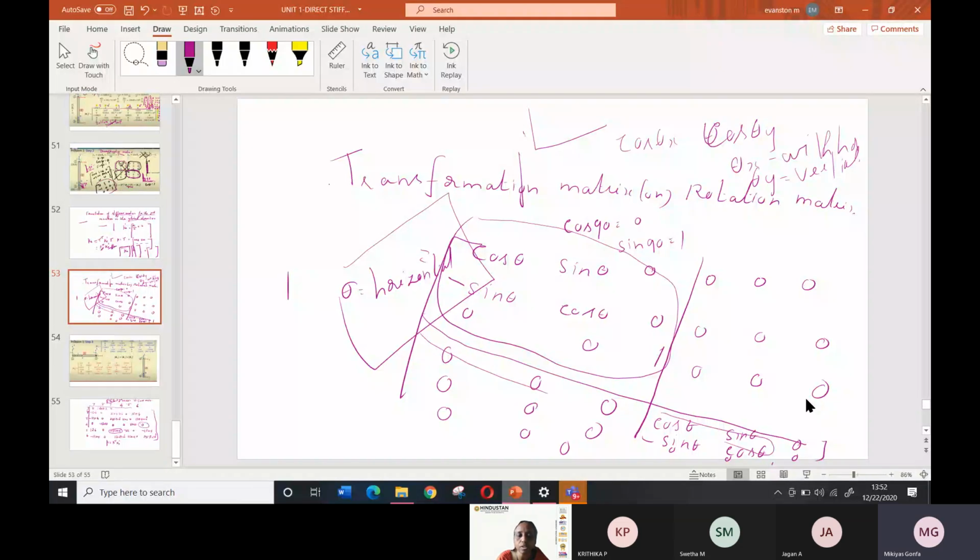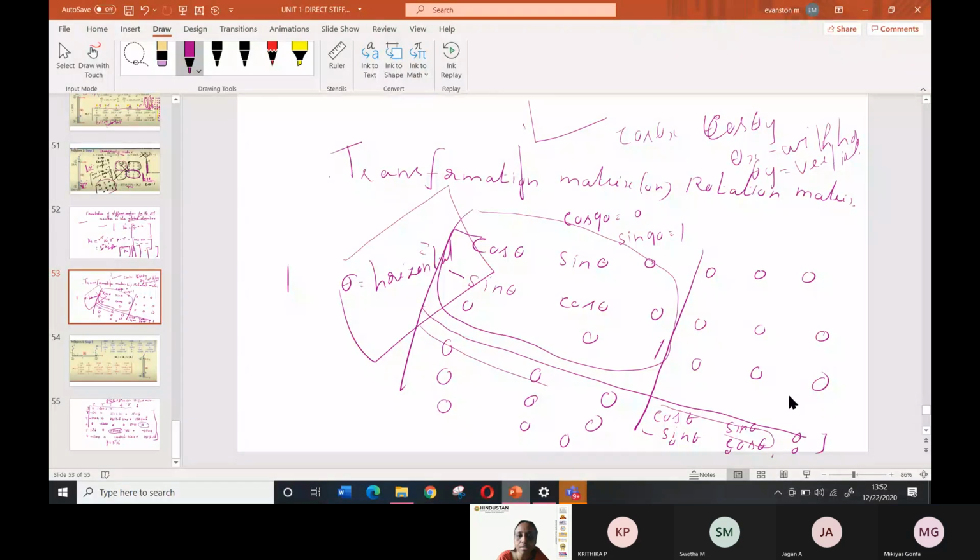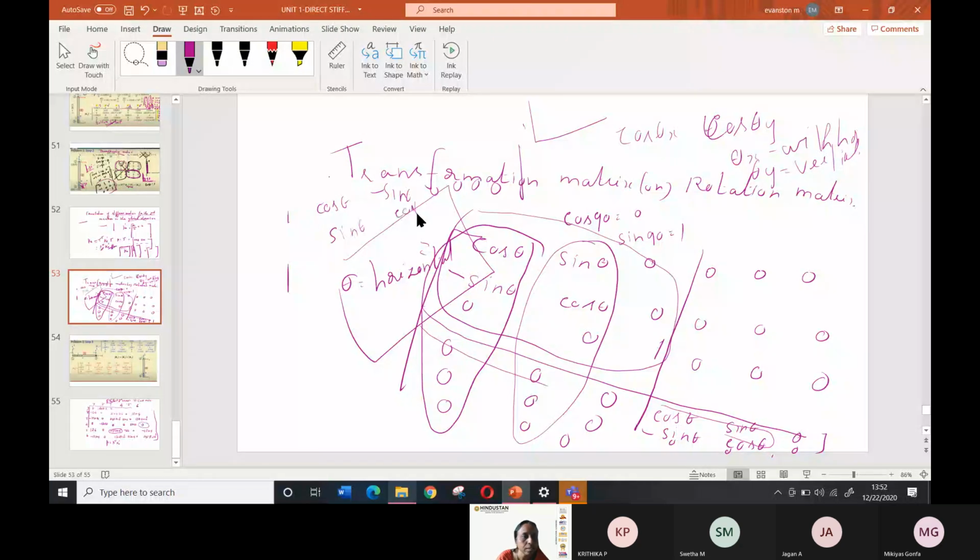Okay. Now, this is the R matrix. I told them to find out the R transpose. R transpose means the row will become the column and the column will become the row. That is, this particular column will become the particular row. That is cos theta, it will become cos theta, minus sin theta, 0, 0, 0, 0. It will become like this. And the second column will become the second row: sin theta, cos theta, 0, 0. Like that you have to find out the transformation matrix. That's the answer they are going to tell us. We'll see what they have done in 1 minute.